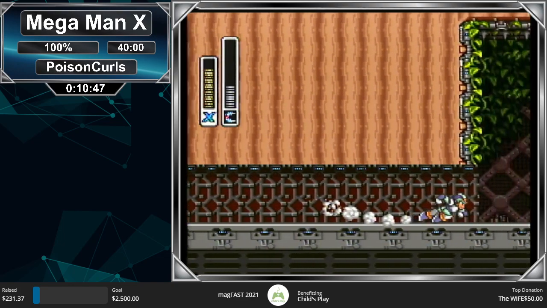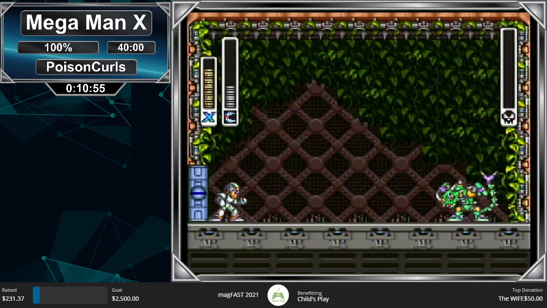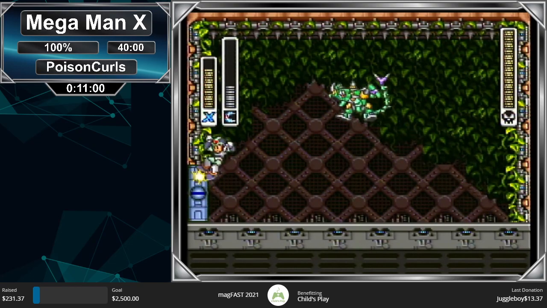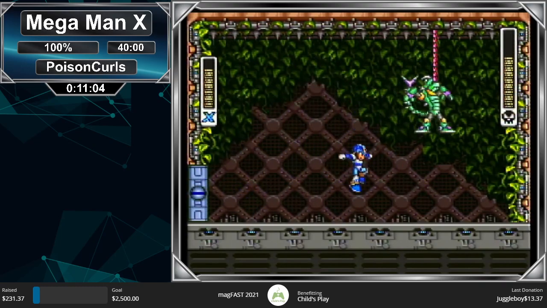So here we go, boss fight against Sting Chameleon. There's only one real, I guess, RNG factor to this, if he chooses to high jump to the top left in the beginning of the fight. But for the way Poison's going to deal with it, it mitigates that risk. This fight's going to be simple. They're just going to hit him, and we're just going to play a little...